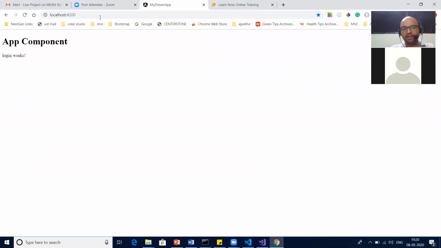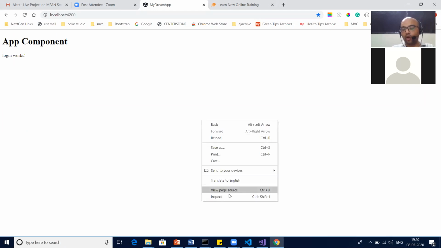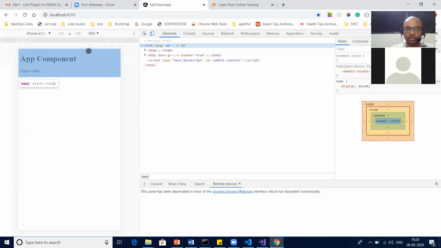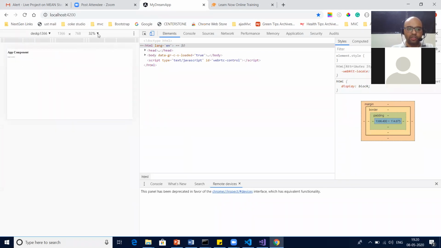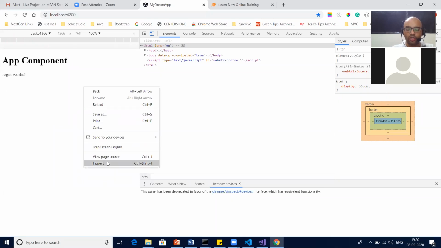So we run it and we can see app component and we can see login. But how to prove that the login component is there in the DOM? Let's see inspect element. It's a very beautiful tool. A lot of people know about it, but if you don't, let me show you how to open it. Right-click, inspect element, or you can press F12. The moment you press F12, your developer console will open.